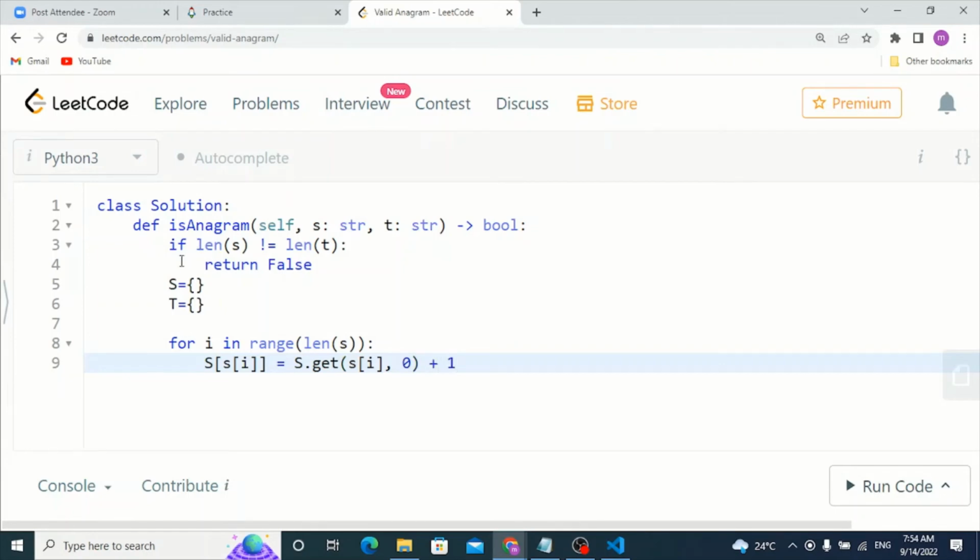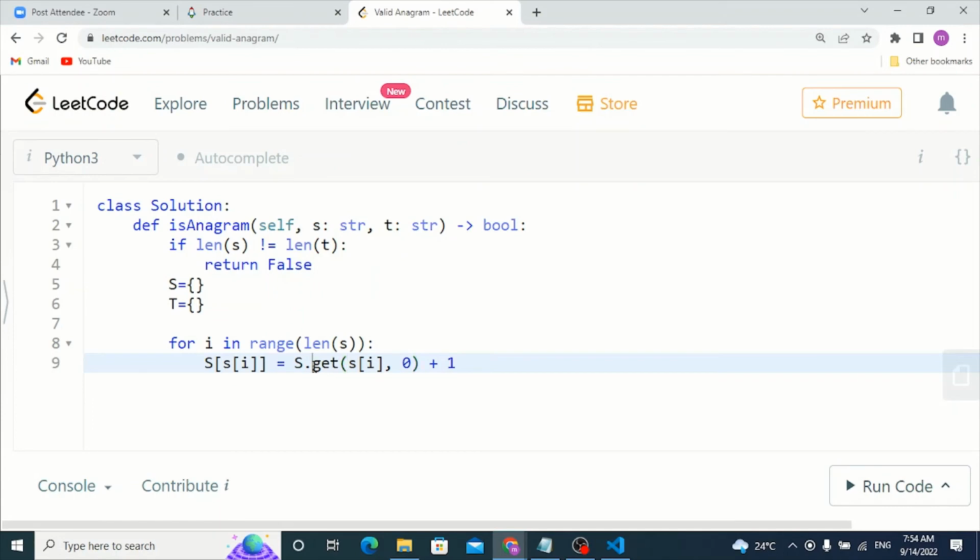So what this does is, first of all, we get this key, which is basically the character in s, inside this hash map, and we get it, or we return